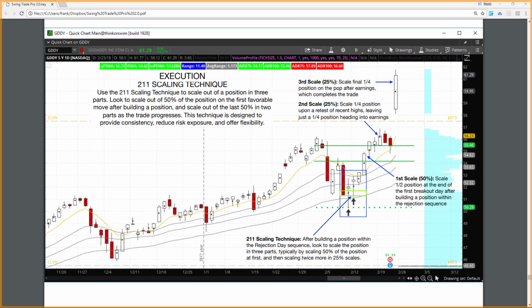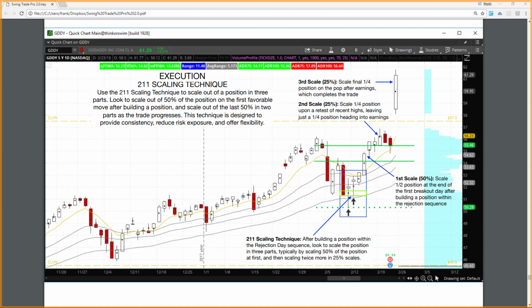Let's take a look at an example. So this is GoDaddy, another fantastic chart, another classic STP 2.0 trade. This one had been trending up very, very nicely for the long term. I mentioned every single time this pulls back, it's a buying opportunity. It eventually pulled back and gave us a great rejection day